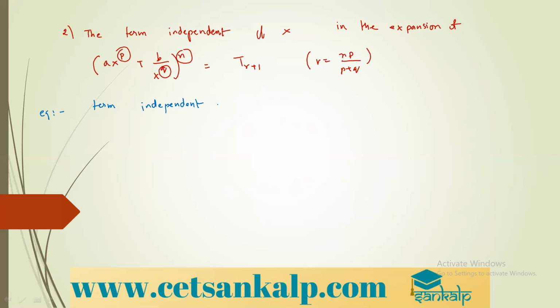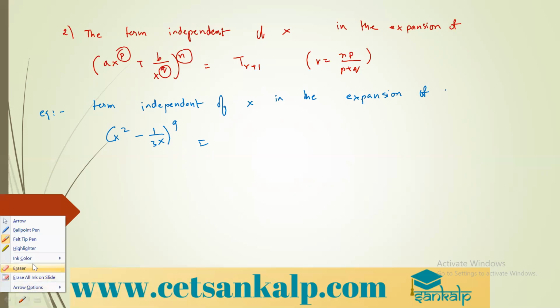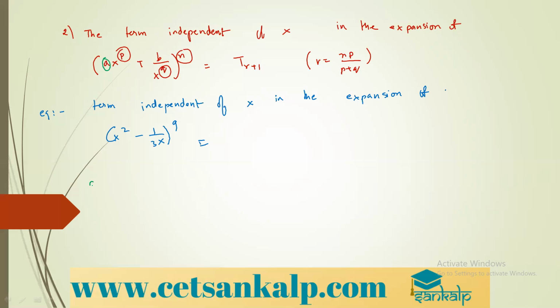So now the example I'm going to give you is you have to find the term independent of x in the expansion of (x^2 - 1/(3x))^9. That I have to find. So that will be T_(r+1). So what is this r? I have to find out first. To find r, I will compare. a is 1, p is 2, b is minus 1,